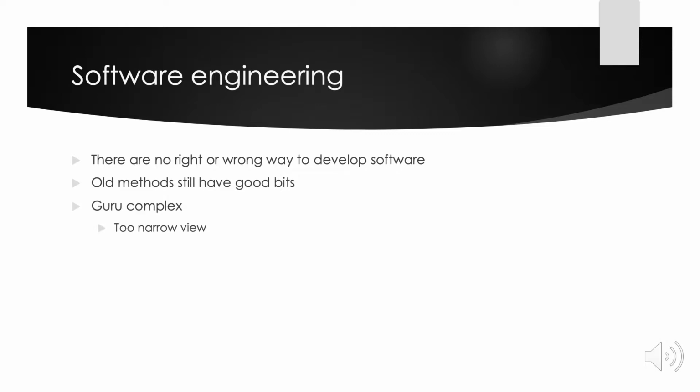And also the methods these days have a bit of a problem with the guru complex, which is when you have only one person leading the method development and basically whatever the guru says, you have to do. So it is a problem, and it might narrow down the method you're going to use, so it doesn't open up the world like it should. And today we also have the agile methods, which include Scrum. You might have heard of it already, but still every work project has its own way of developing software. We all people are unique. We all have our own ways, so every team also has its own way of doing things.